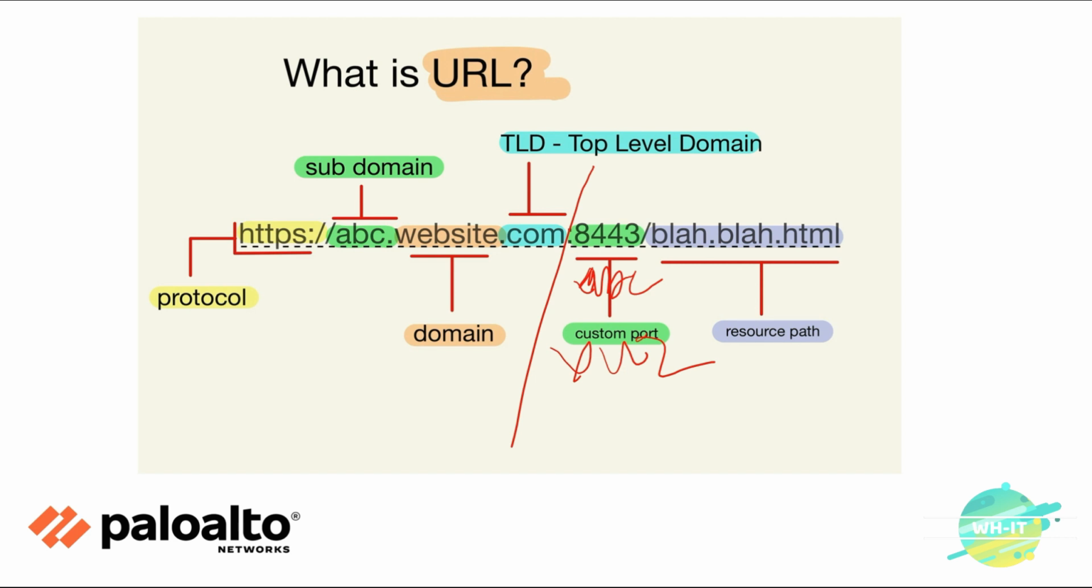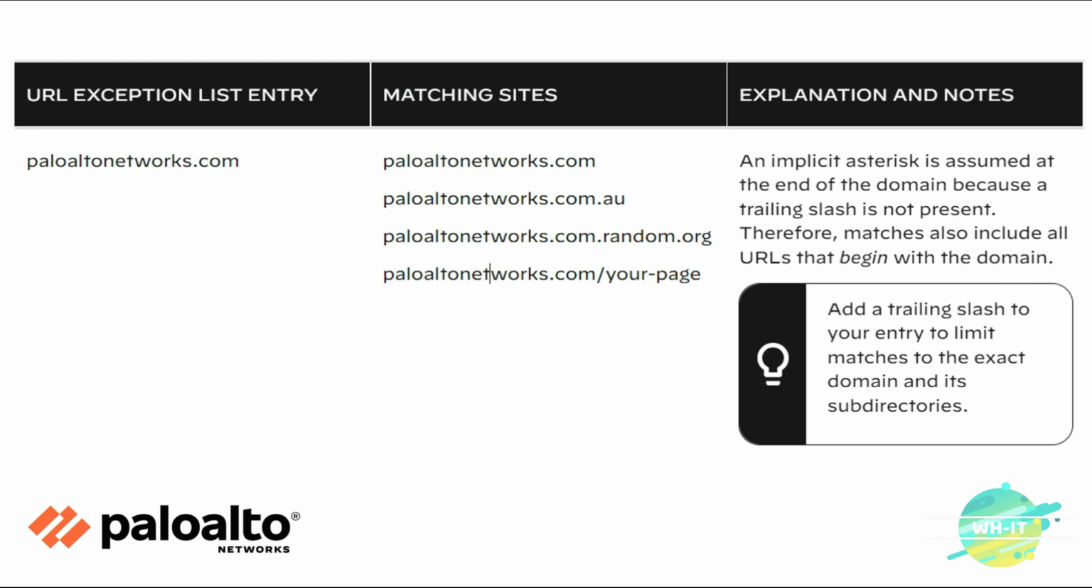So let's try to understand how a URL works when we try to allow or block by using those specific methods. This document is provided by Palo Alto Networks, and what they're trying to say is, if you configure any URL filtering or URL match in a Palo Alto Firewall, how is it going to function? So let's say you configure a URL, for example paloaltonetworks.com. How is the matching criteria going to work? First it's going to match paloaltonetworks.com, but not only that, it can also match .au,